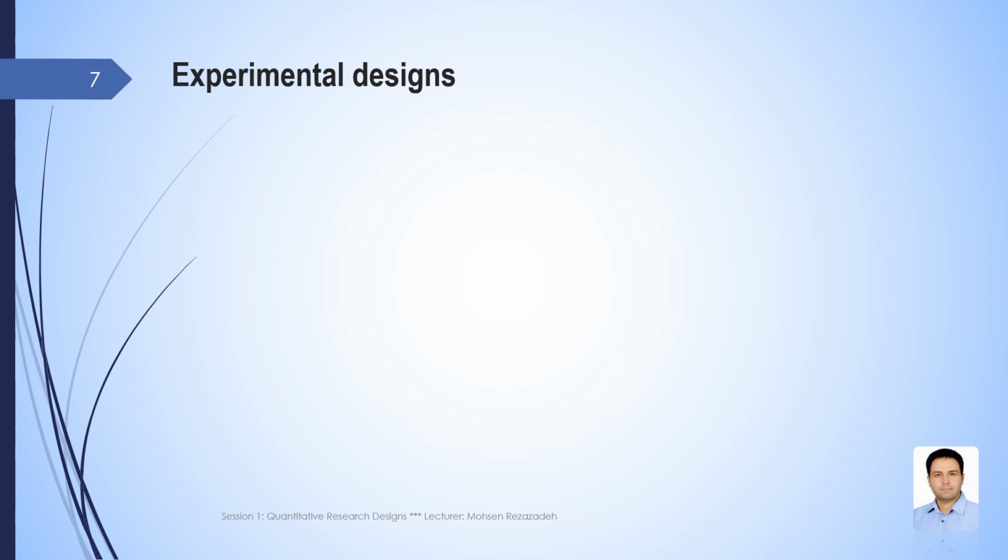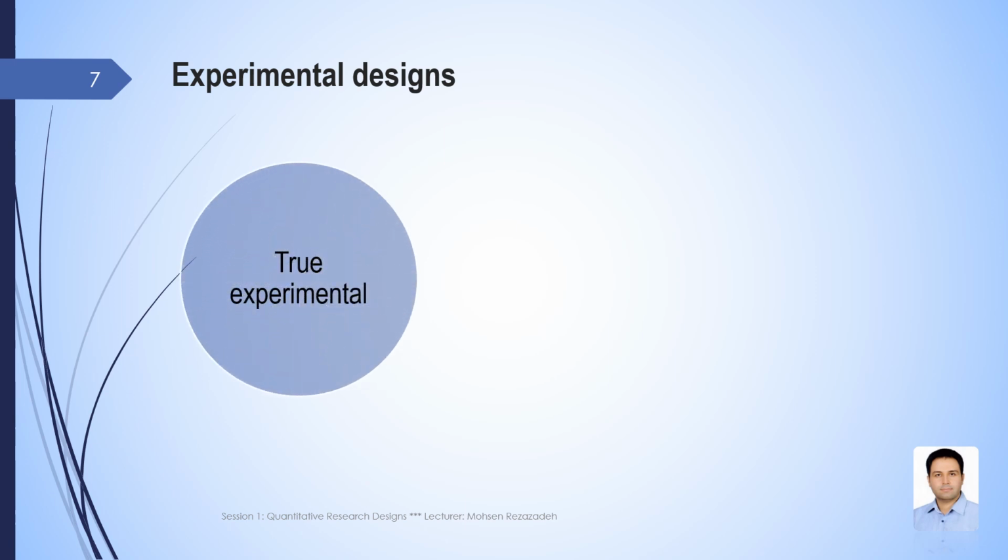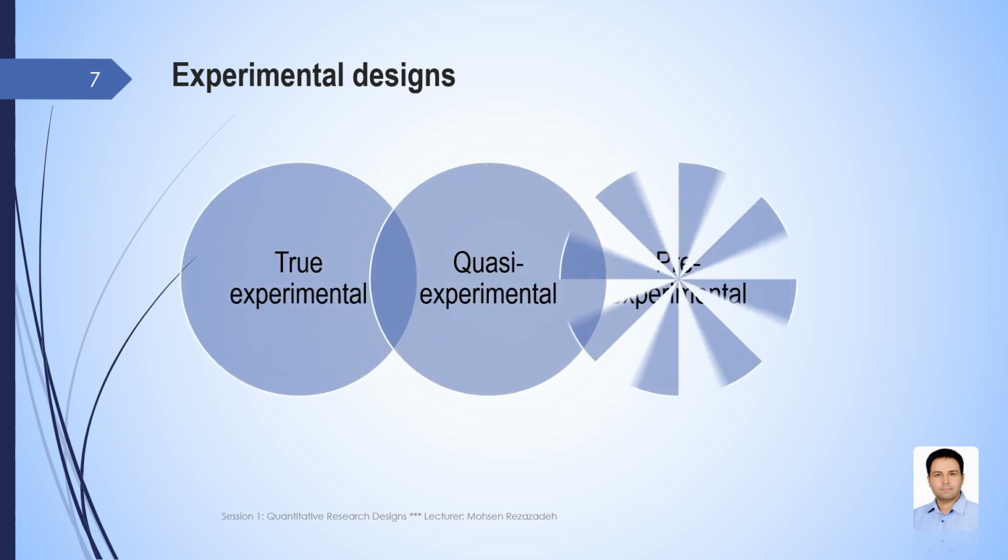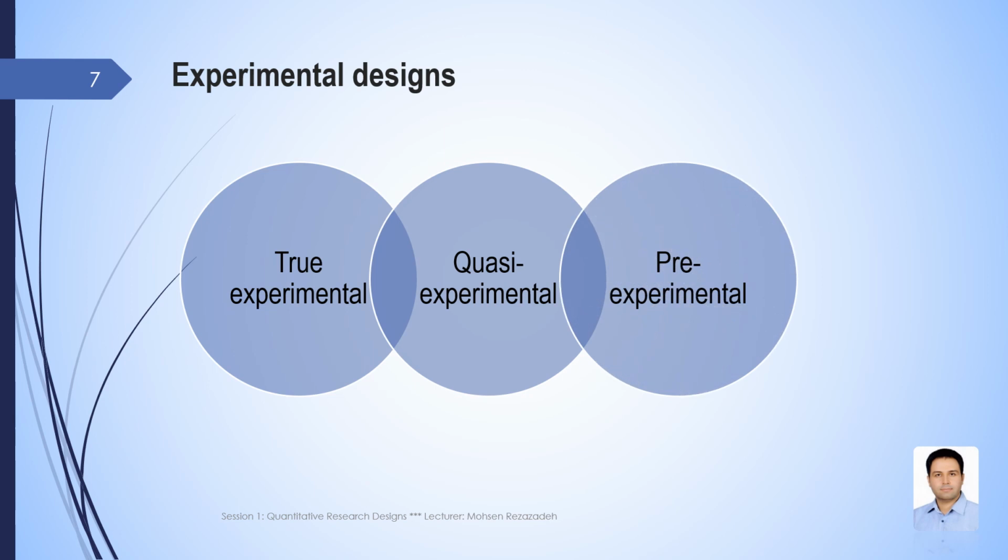Experimental research falls into three broad categories: true experimental, quasi-experimental, and pre-experimental designs, each of which has its own features, but one point is worth mentioning here. You see, true experimental design has two key characteristics, manipulation and random assignment, as we just said in the previous slide. If the former is lacking, that is, if the manipulation is lacking, the study will be regarded